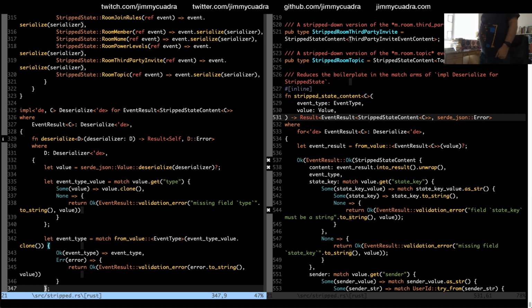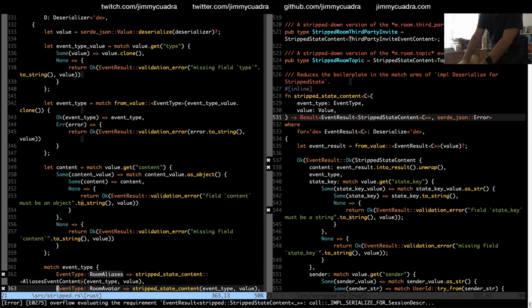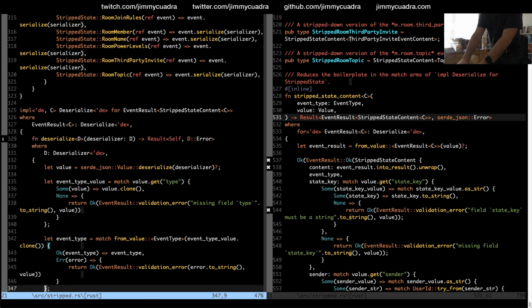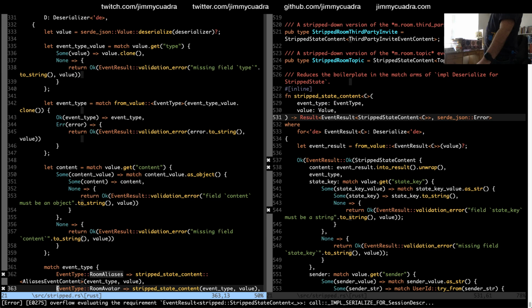I'm returning a specific error type here, or it's expecting me to return any C where C has an event result deserialize implementation. But what I'm actually returning is a concrete type, so that for aliases event content. So I think the problem is that if I'm going to return a specific type like that, it needs to be one of a variant in an enum.